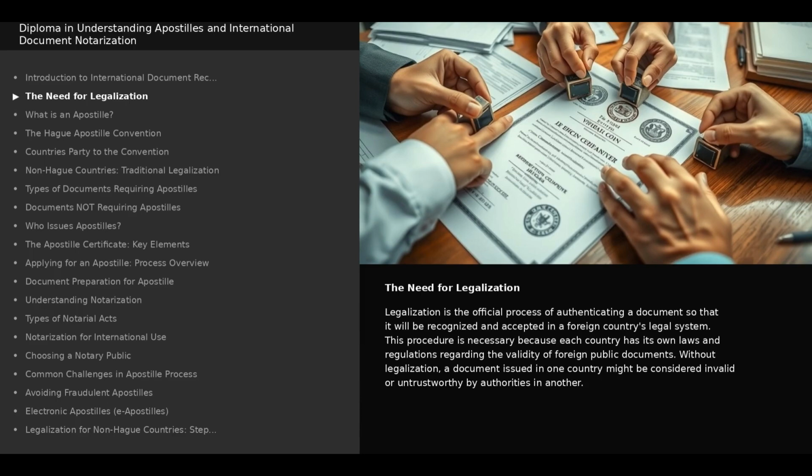Legalization is the official process of authenticating a document so that it will be recognized and accepted in a foreign country's legal system. This procedure is necessary because each country has its own laws and regulations regarding the validity of foreign public documents. Without legalization, a document issued in one country might be considered invalid or untrustworthy by authorities in another.